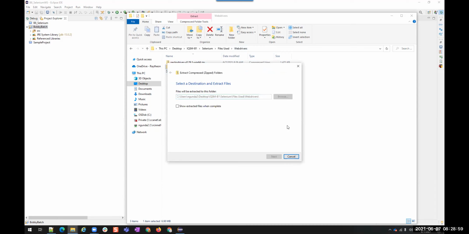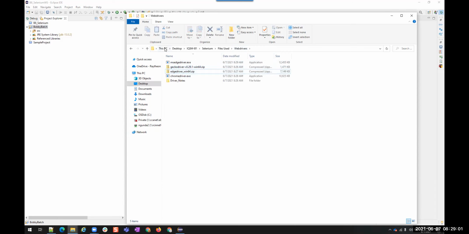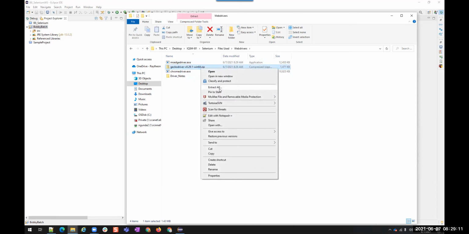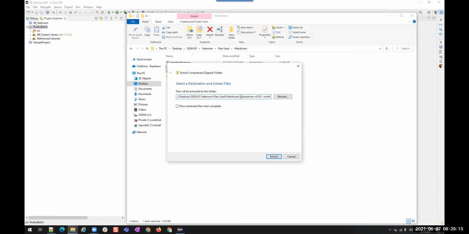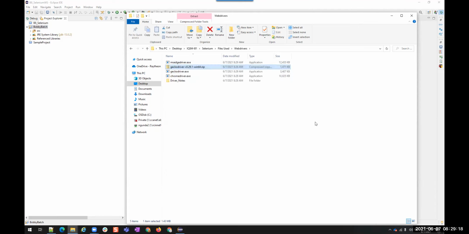Extracted here directly. Edge driver is here. So I don't want this zip also. I want to extract this Gecko driver. Gecko driver is also here.